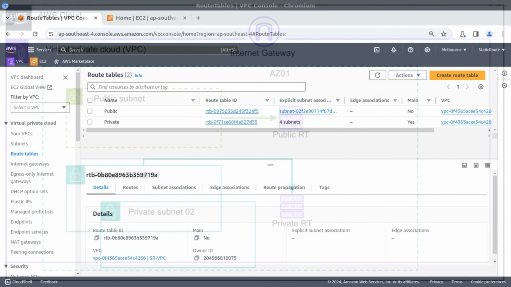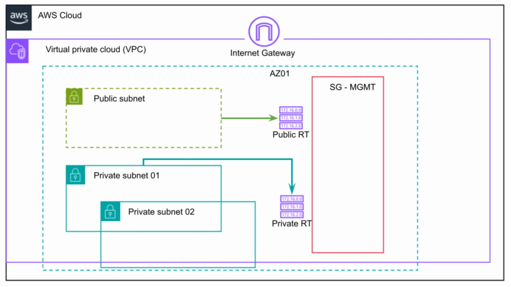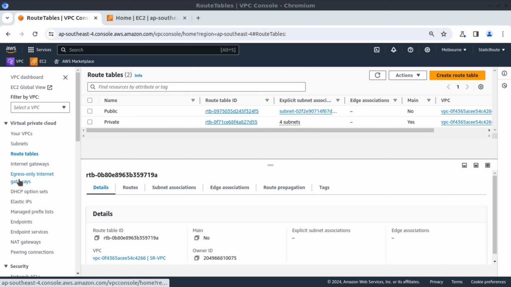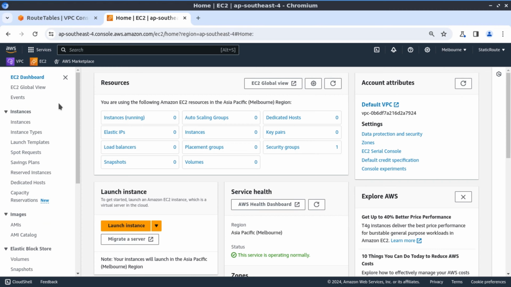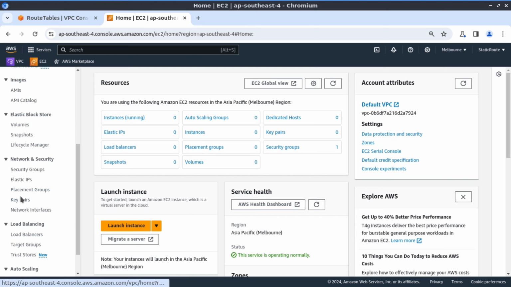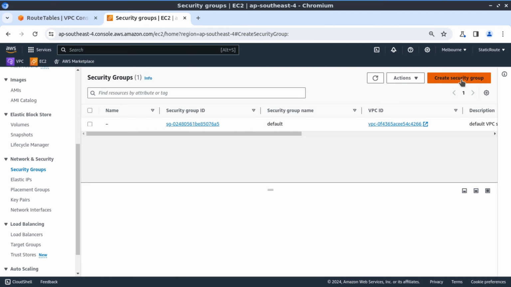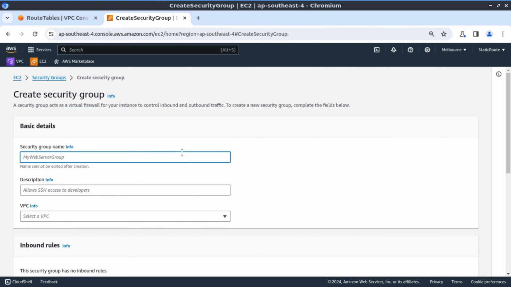The next thing in preparation of launching our Fortigate is to create the security group. The security group is going to allow us to define which inbound traffic would be permitted into the VPC. And we already know we want only management traffic to be able to enter into our VPC for us to manage the Fortigate. We go to EC2 and we navigate down to network and security. We click on security groups, create security group, and I'm just going to call this MGMT, and the description,